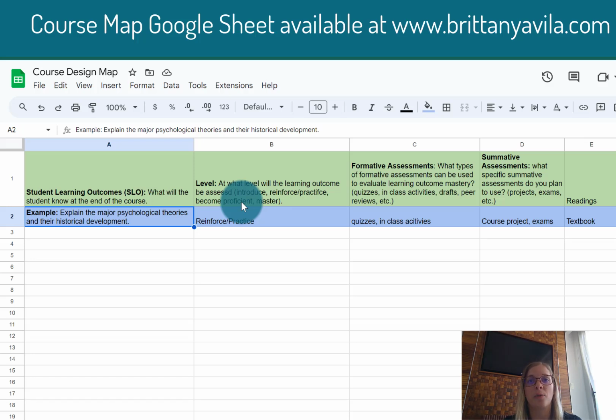This is going to depend a little bit on the course level. So I have an example here, and I'm using one of my course learning objectives from the intro psych class. That's a lower level intro class. So in this, I'm mostly going to introduce, maybe reinforce and practice. Probably not going to have students really become proficient or master unless it's a skill type, just because it's an intro level class and I expect them to go on to higher level classes to really master some more of